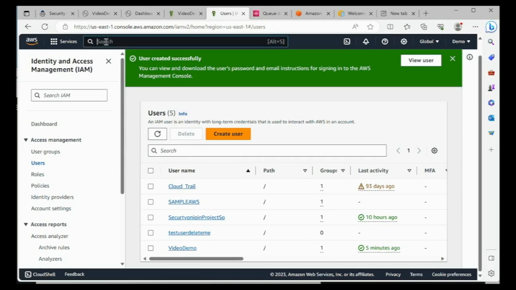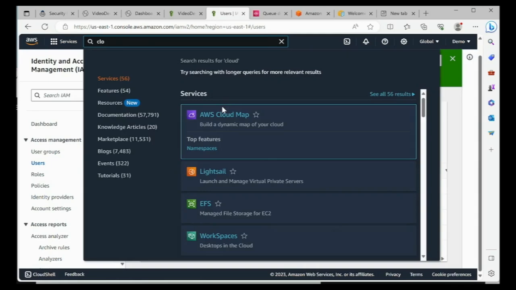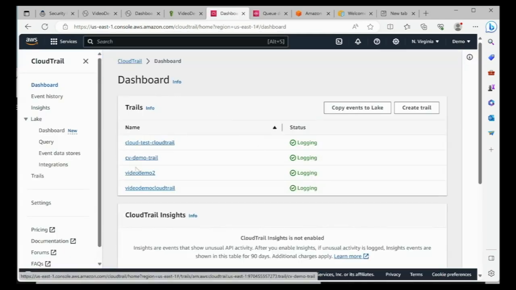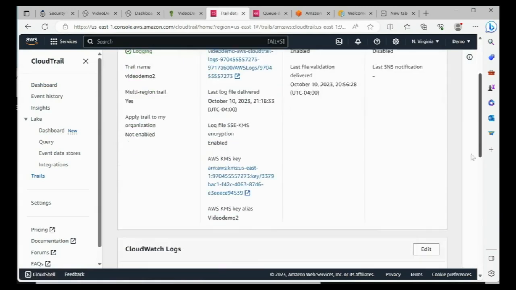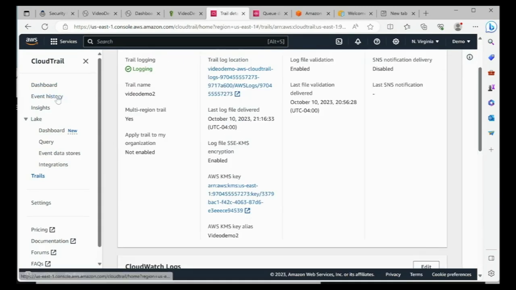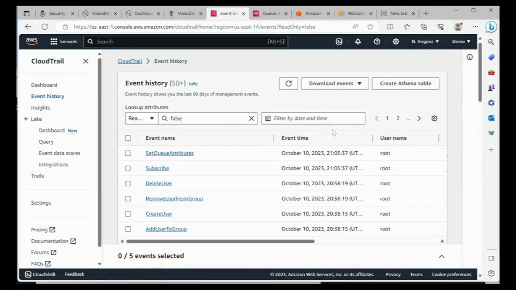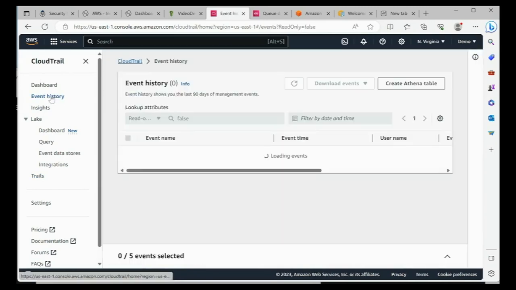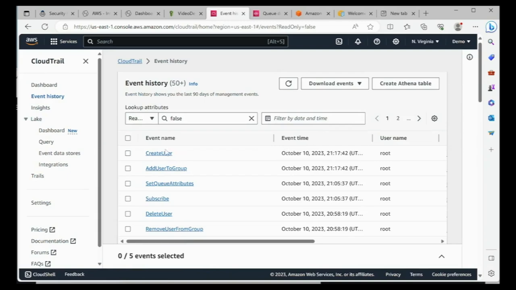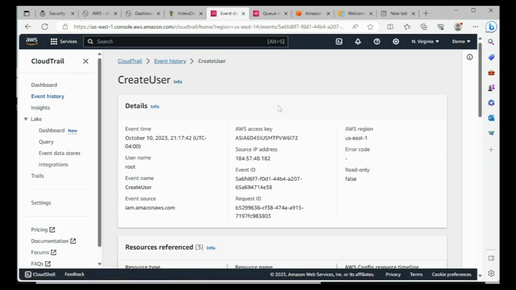And now what we are going to do is go back to CloudTrail right here, and then we are going to wait for our identity access management log to come through in this event history right here. Again, this might take a while. Now, if we go back to the CloudTrail and go to event history after waiting about 10 minutes, now you're going to see a create user. And we're just going to grab this event ID, make sure you grab the whole thing,